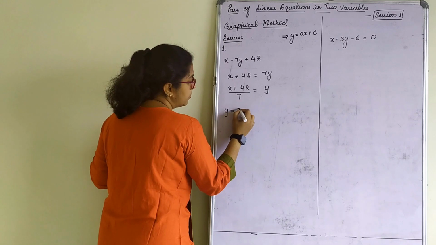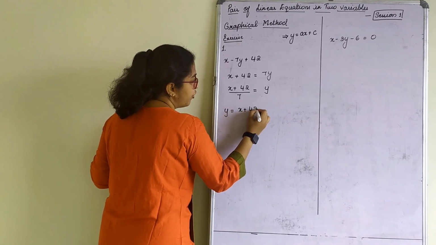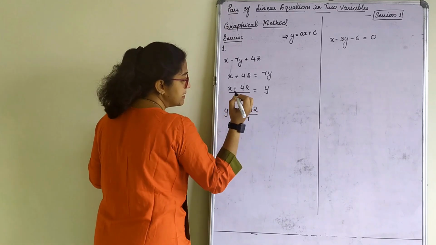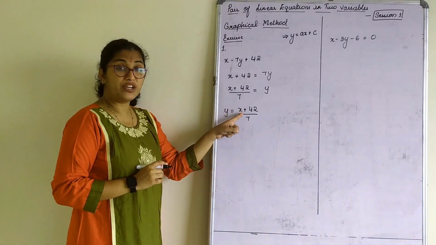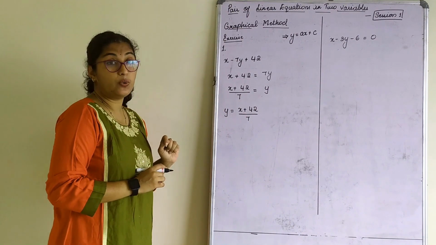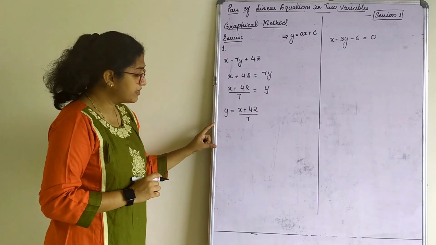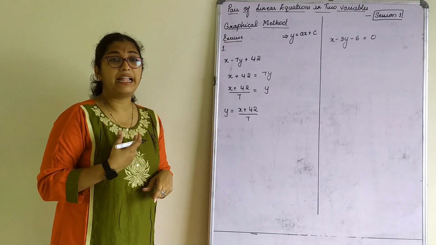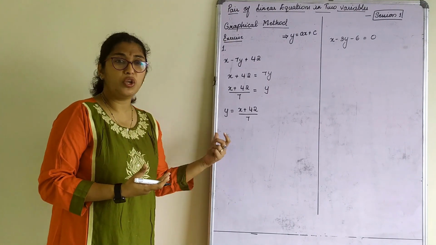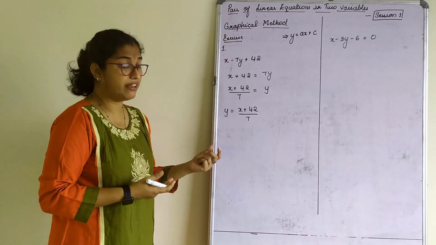So y is equal to (x + 42) divided by 7. Now here you need to give values for x so that when we calculate, we'll get values for y. You can have a separate calculation section here to do it. Since it is very simple, I'll be doing oral calculation. You all know how to do this since you all have done graphs last year.